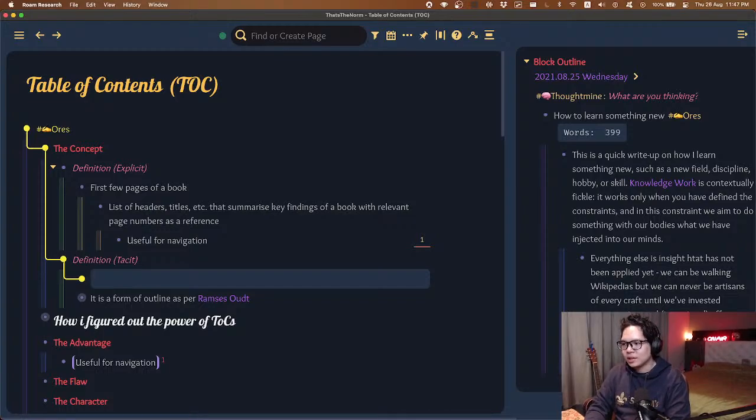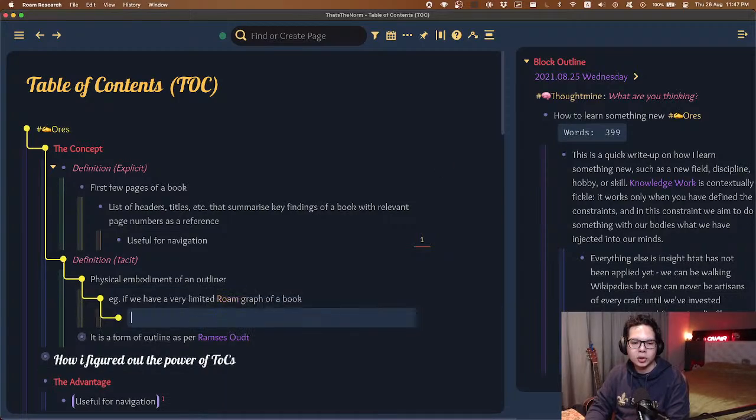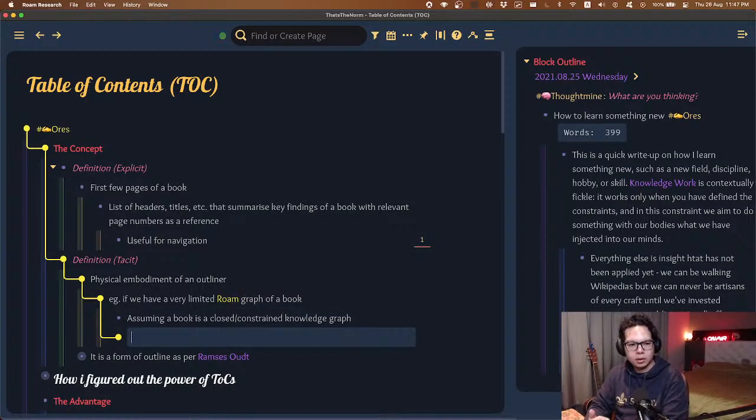The table of contents is the physical embodiment of an outliner, e.g., if we have a very limited Roam graph of a book, assuming a book is a closed or constrained knowledge graph, then